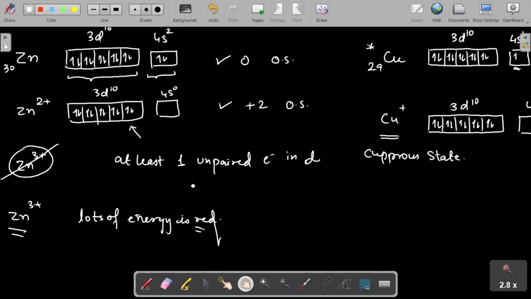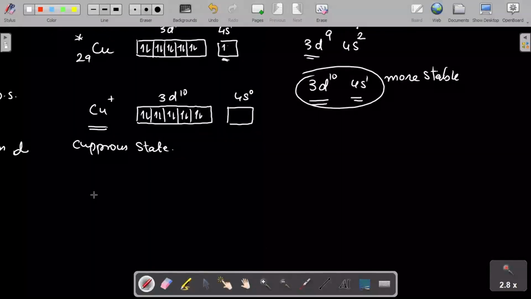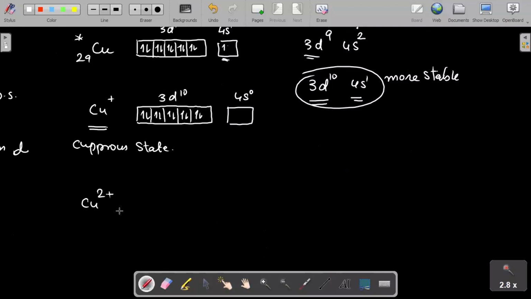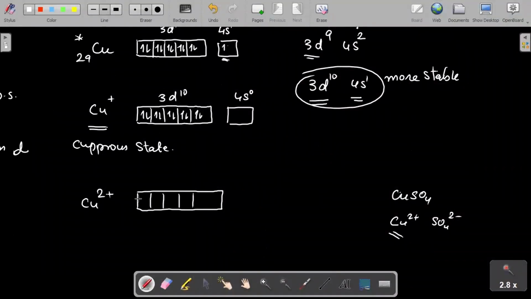Now, coming to copper, what do we see? We see the copper +2 state is also available. For example, copper sulfate. In copper sulfate, copper is in the +2 state and sulfate is 2-. Now, why has the copper lost one more electron? So it has a stable